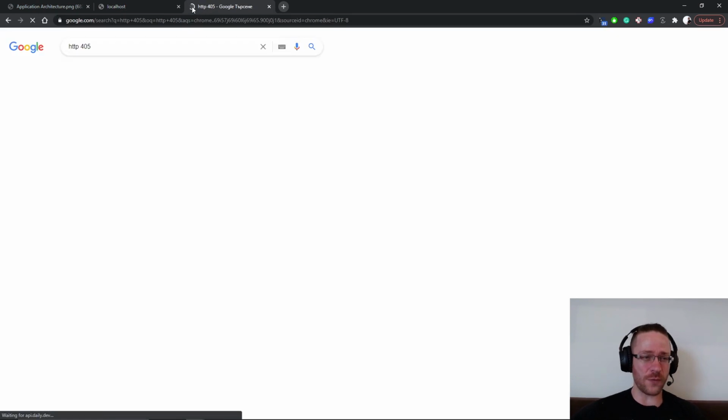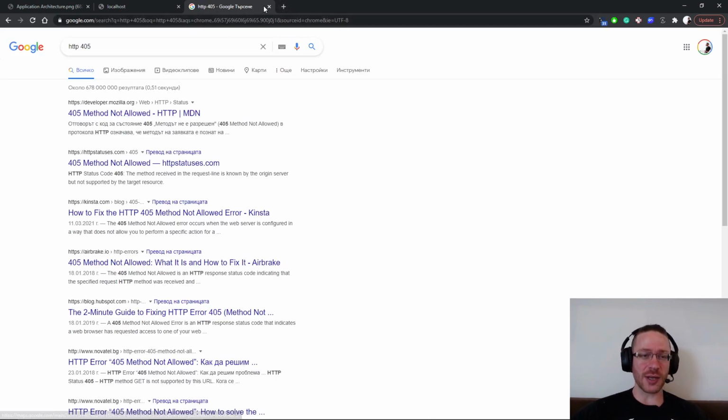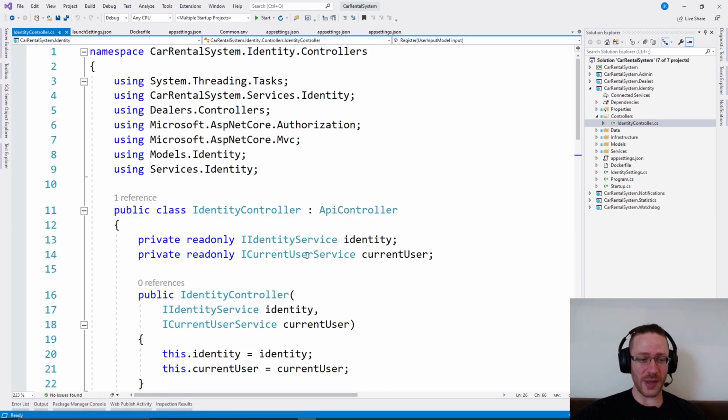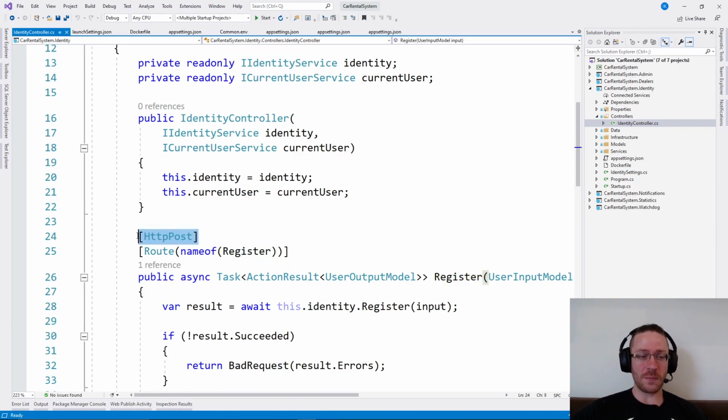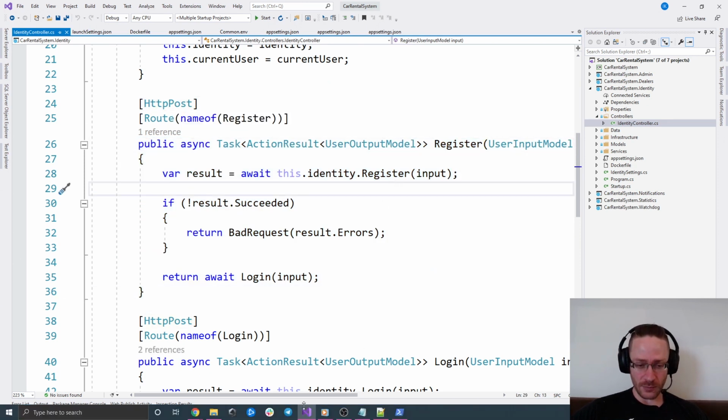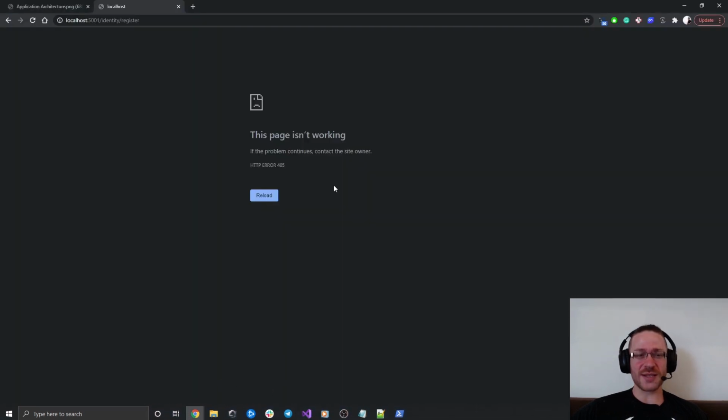HTTP 405 is method not allowed. It means that our service is up and running, but I'm trying to make a GET request for a post action. So we are receiving the correct status code here. I just don't want to open Postman and create a post request on the register, because we're going to test that a little bit later when we add the different other services,